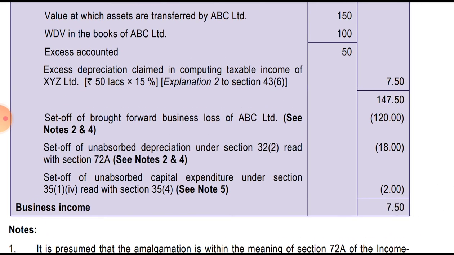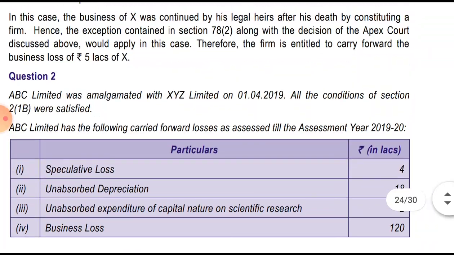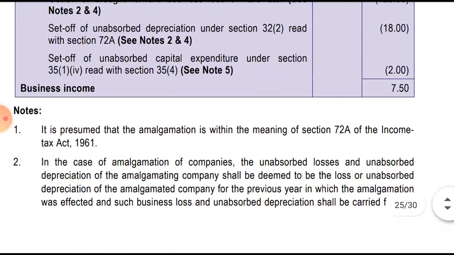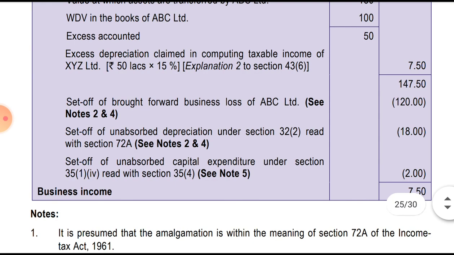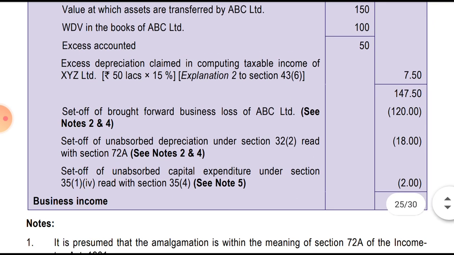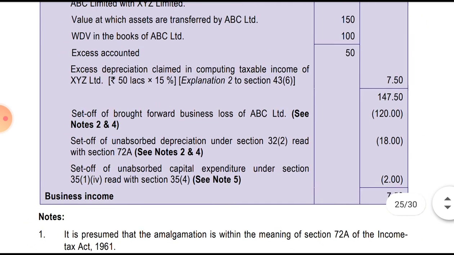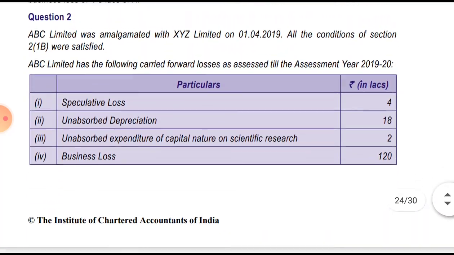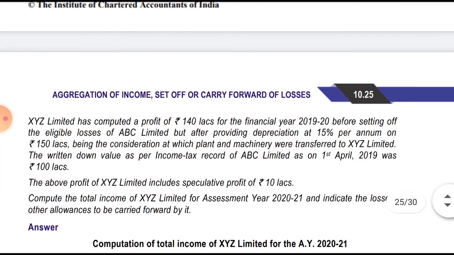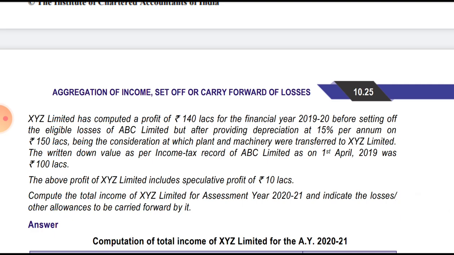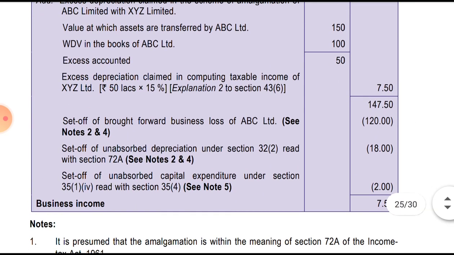but speculative can be set off only against speculative. So in this, this 4 lakh cannot be set off because there isn't any speculative... no, I'm reading it wrong. 4 lakh speculative income, 4 lakh speculative loss, and we have the 8 lakh, 10 lakh speculative income. So first we will deduct